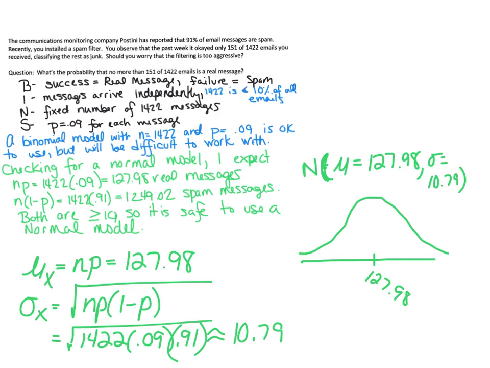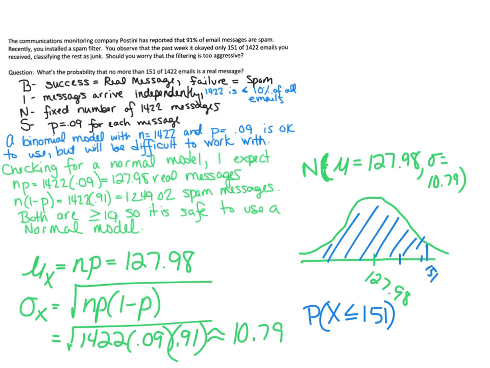And I want to know, what is the probability that there are no more than 151 messages? So let's see, 151 is going to be about right here. I'm going to shade in the probability that I'm looking for. And how do I do that? Well, I could find a z-score by standardizing, or I can just go to normal CDF on my calculator,